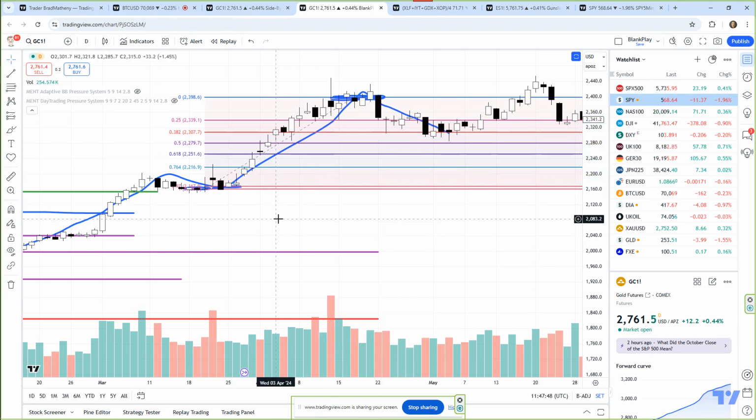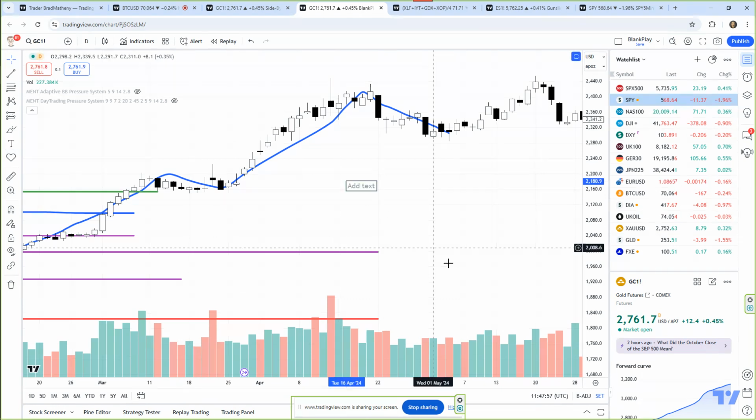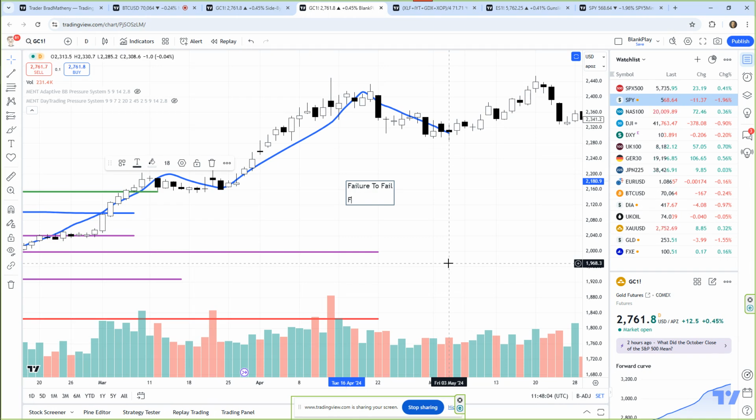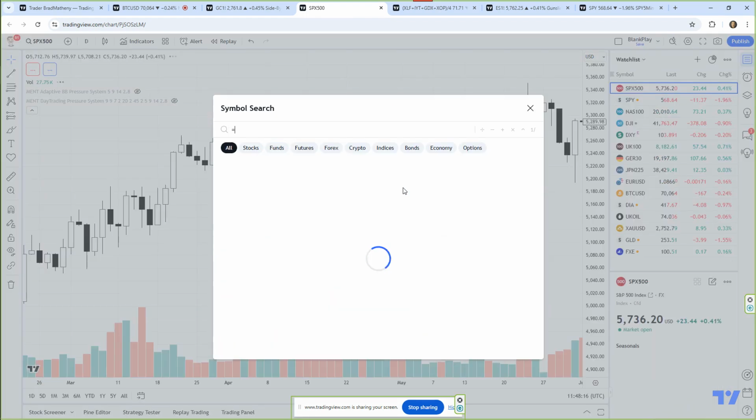And that sometimes gives me a little bit better representation of price. I want you to understand that rejection is nothing more than looking at price. And this goes back to a theory taught to me, and I've shared it before. It's called failure to fail and failure to succeed. It takes a little bit of practice to understand this, but failure to fail means that,